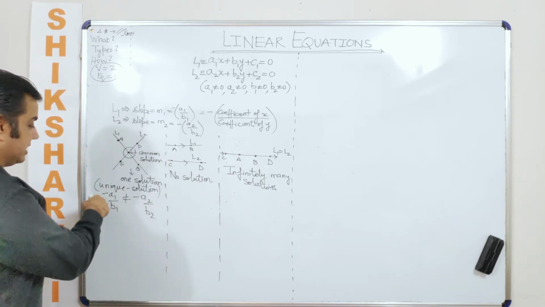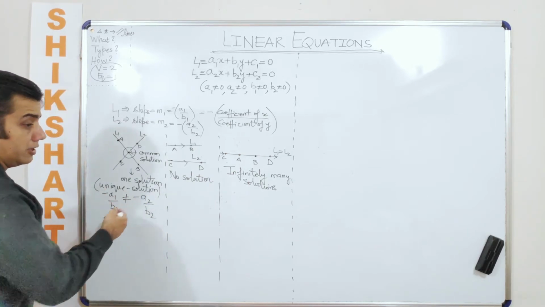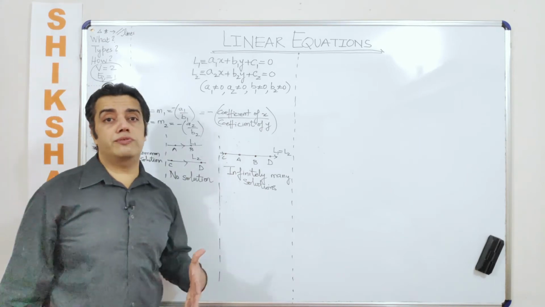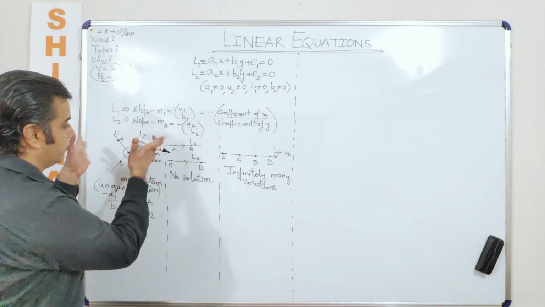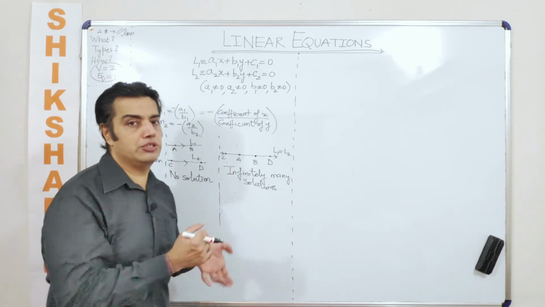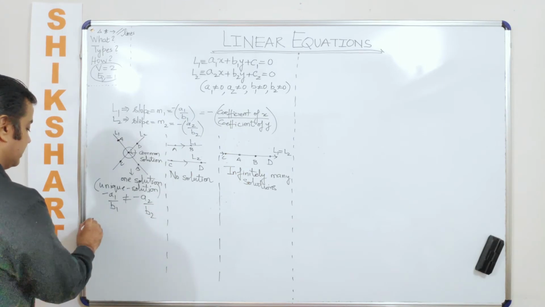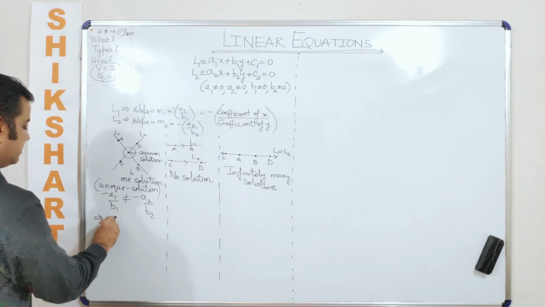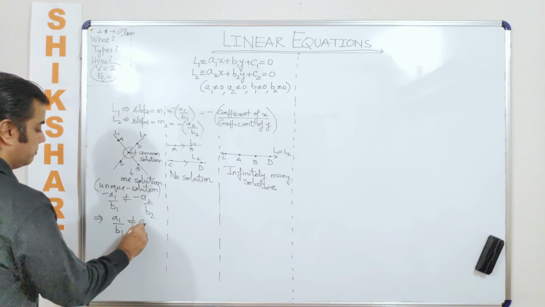Okay, so which is just like I cancel the minus and I can simply start using all the rules of ratio and proportion which you know till date. So you will see that ratio and proportion and linear equations go hand in hand. So the first inference that I can draw here is a1 upon b1 is not equal to a2 upon b2.